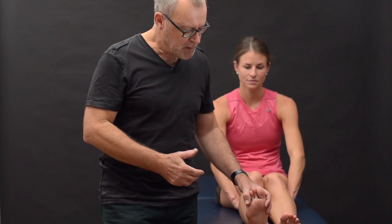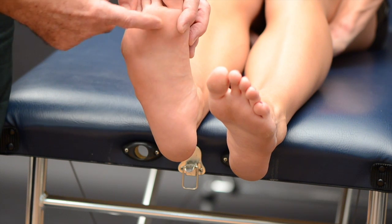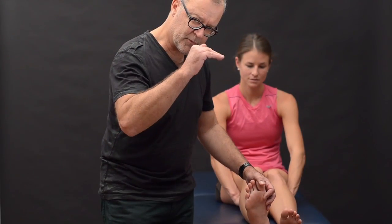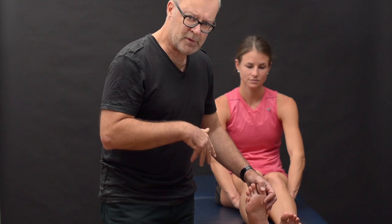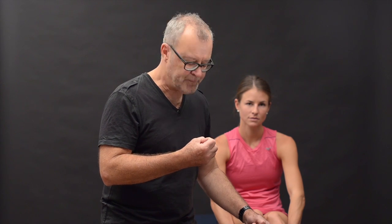To start with, I want to run through some anatomy with you because this is an incredibly important structure. It's basically the structure that maintains the integrity of the arch of the foot. It's a very broad fan-shaped ligament that runs from the heel and then fans out across the metatarsal heads here. And you can understand that because it's such a strong fibrous band, it helps to maintain the arch shape of the foot. It's also incredibly important in gait because as you move through the gait cycle and your heel lifts off the ground, the plantar fascia develops tension, and it means that the foot can become a very effective lever for push-off. You can also understand that it is subjected to an enormous amount of stress, so it is quite